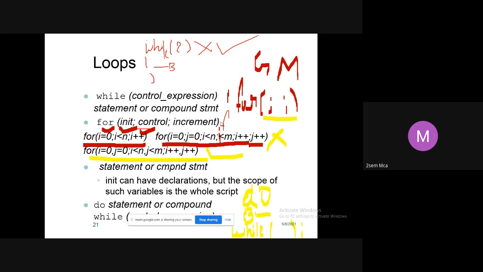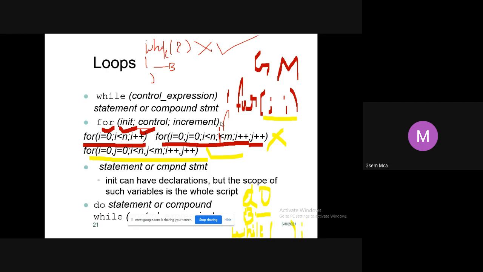According to the syntax of the for loop, we can have only 2 semicolons, but in some situations you may have to initialize more than one variable. You may have to write a condition for more than one. You may have to increment or decrement more than one value. In that situation I cannot write as many semicolons as I want. According to syntax, the for loop statement should have only 2 semicolons. So if you are using more than one initialization, then you have to separate them by using a comma operator. This is the advantage of the comma operator.